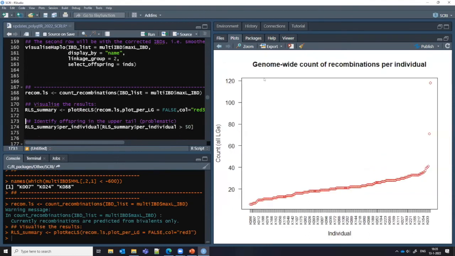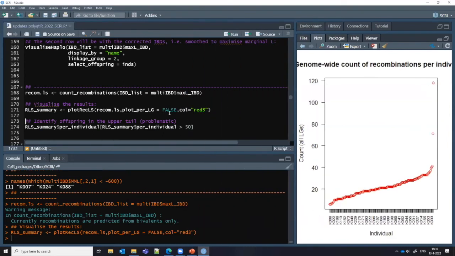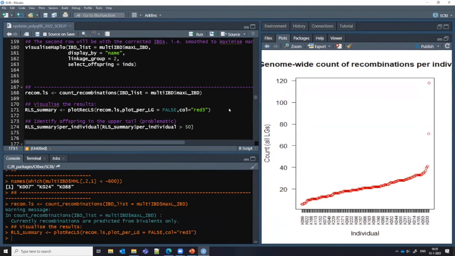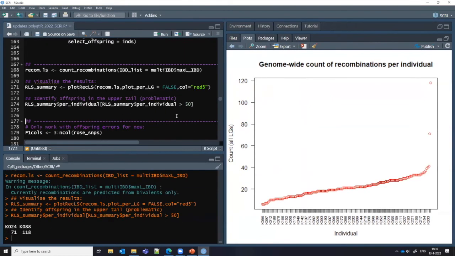visualizations of the result. So here we see a sort of a distribution now of the counts of recombinations across all linkage groups across the whole genome, and there's a bit of a tail here where there's a number of individuals that have a huge number of predicted recombinations, and this is even after we went through this process of, shall we say, smoothing out these IBDs or using a higher error prior where appropriate. And we can pull out those individuals. Let's see what are the names of those individuals in the tail. And there's 2 individuals involved, again, K88